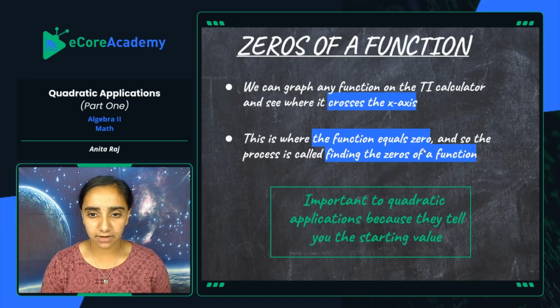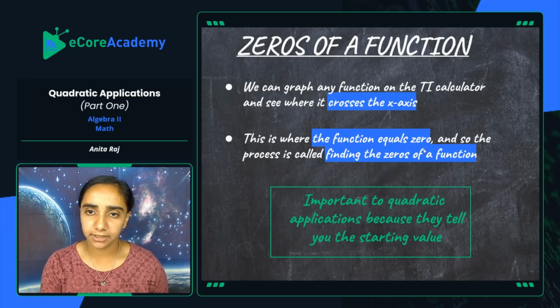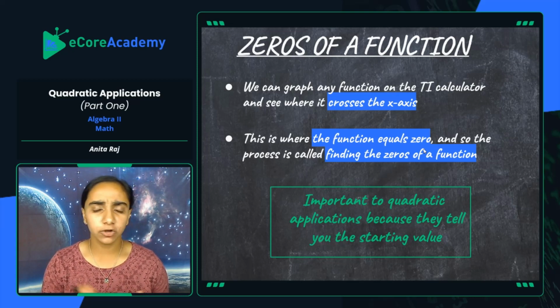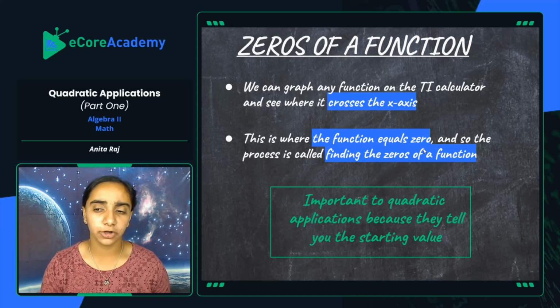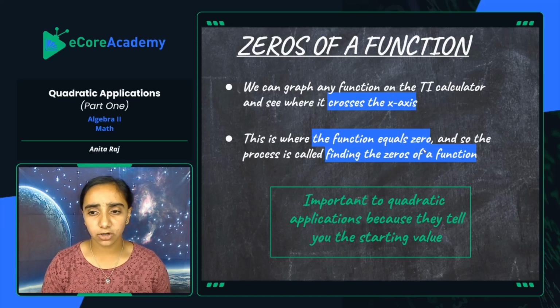Let me just explain everything that's up on the screen right now. We can graph any function on the TI calculator. Remember, TI calculator is your Texas Instruments calculator, or you can graph it by hand. It really doesn't matter. I'm just using the TI calculator in this situation because with most word problems, we're going to be using the calculator because it's just faster to solve them, and we can see where it crosses the